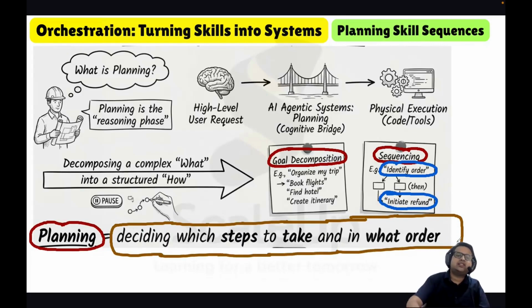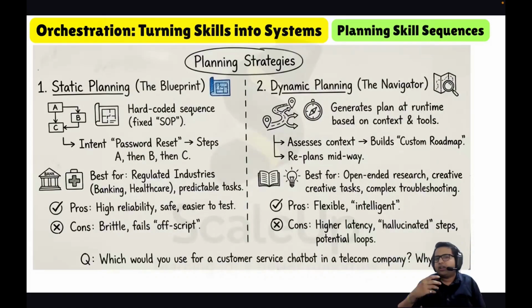In agentic AI systems, when I talk about planning, there are two things I have to take care of. Goal decomposition: whatever the objective is, whatever the what is, I have to break it into tasks and subtasks. And also sequencing, the order. That is what planning is in agentic AI systems. Now let us look at some planning strategies which we should consider while orchestrating.